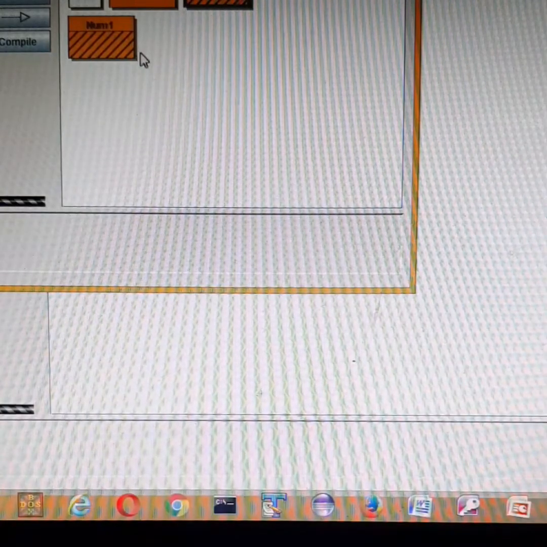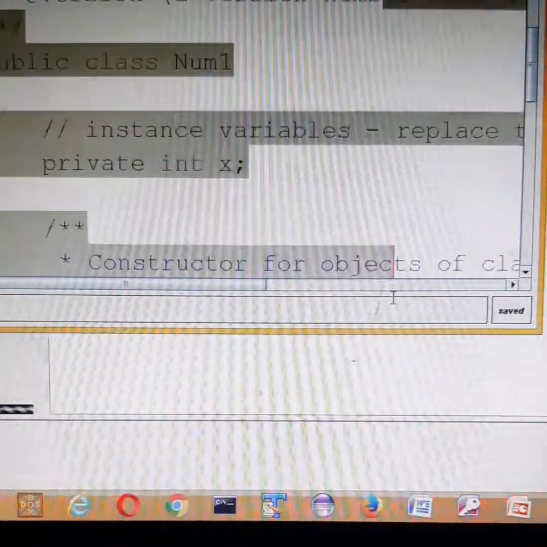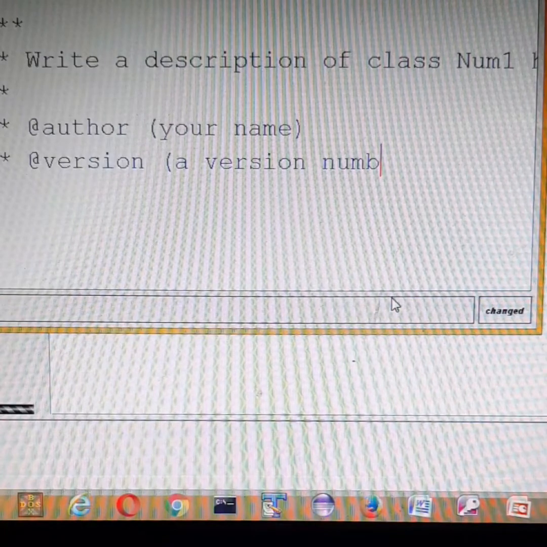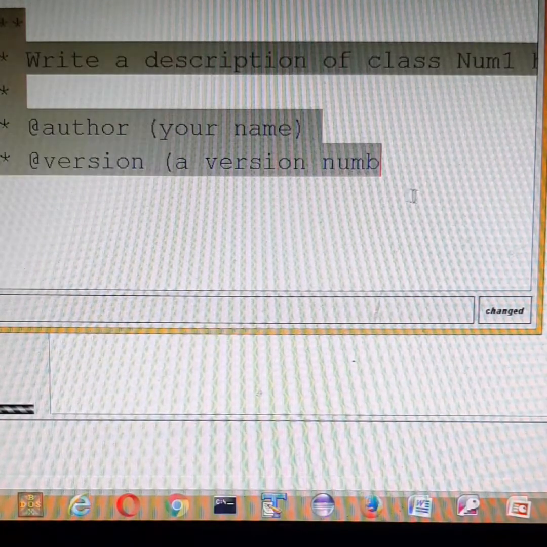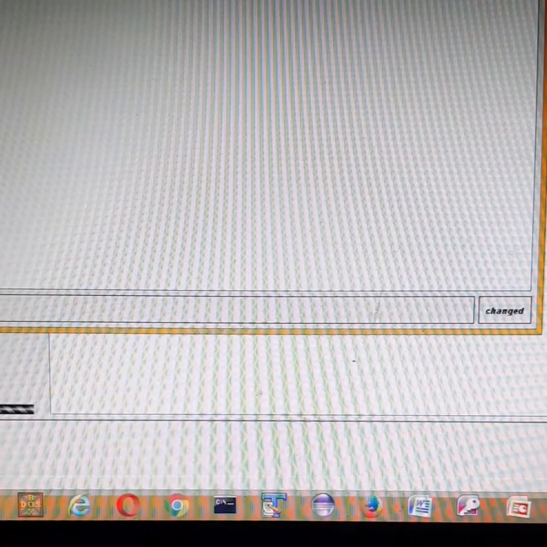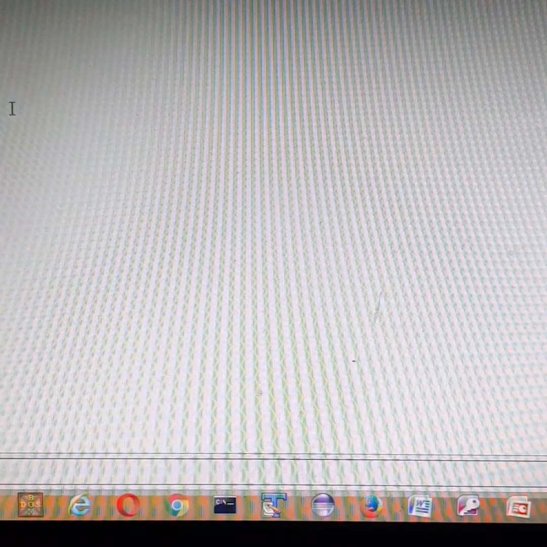Today's session we are going to learn about looping statements which are present in Java. Selection statements we have already seen with if, else and switch case, but now we have to learn looping. So looping statements are what? Looping statements are those which help to repeat a certain set of statements again and again till a condition is true. When the condition turns out to be false, it immediately exits.